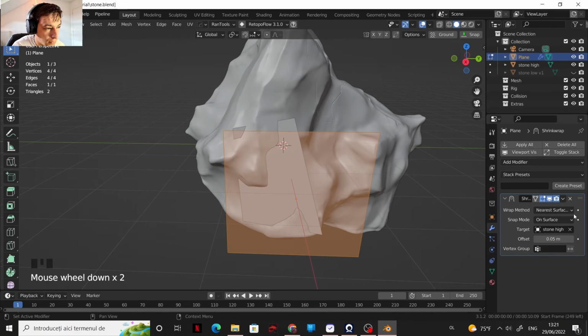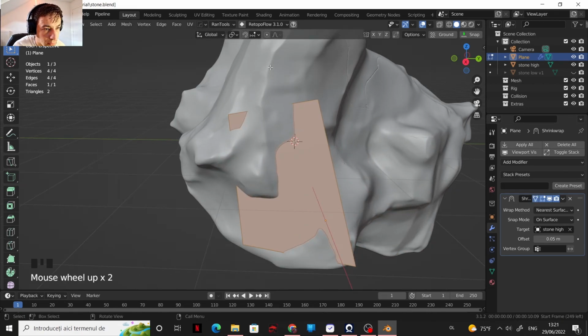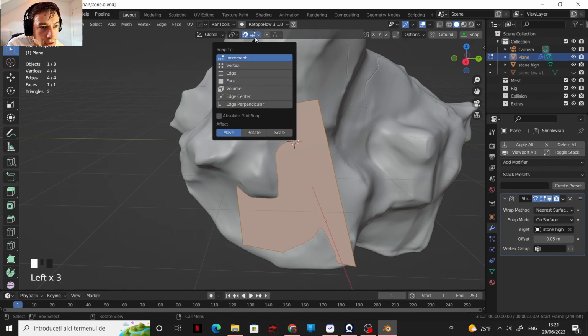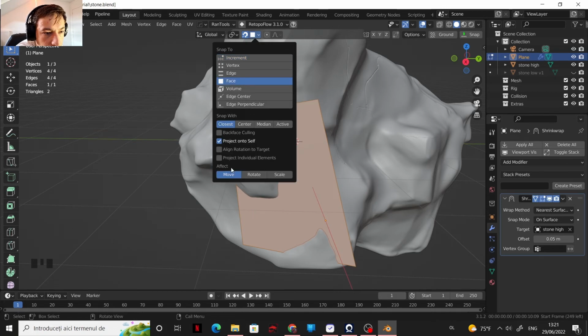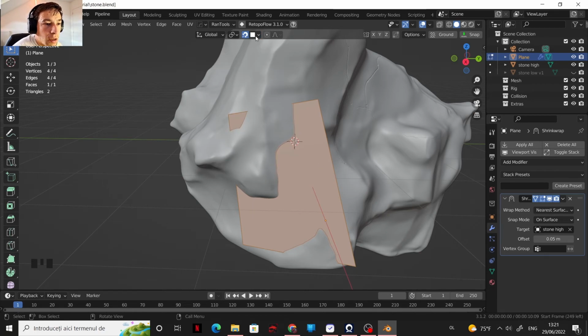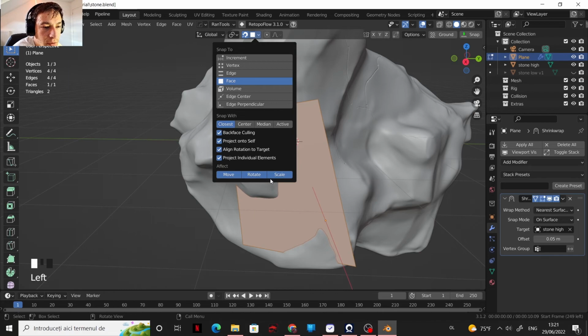And now we can enable the snapping tool. We will set it to faces, back face culling, align rotation to target, and project individual elements. We enable every effect,